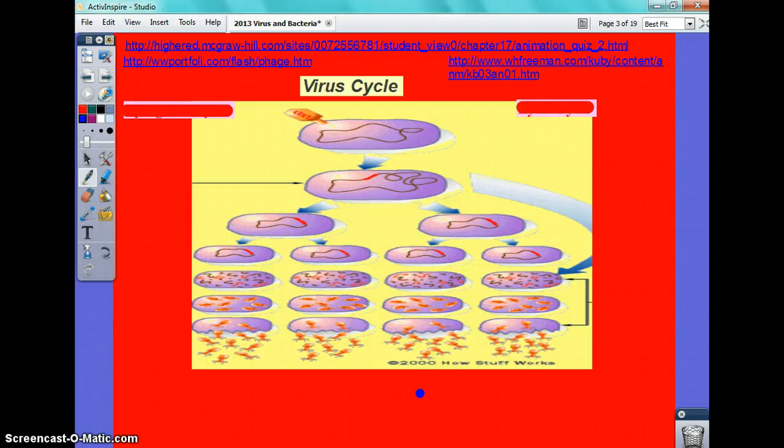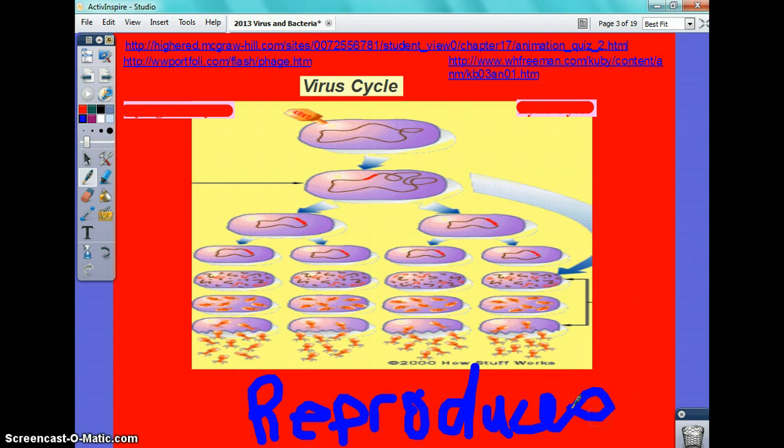If I mention virus cycle, who can tell me what I'm referencing? Virus reproduction. So how a virus reproduces? And it reproduces 2 ways. Anybody know the names? Perfect. Lytic and lysogenic. One is kind of like a dormant reproductive stage, and a virus can be in that stage for its entire existence. I wouldn't say life because it's not living. The other one is where the virus is actually going to cause more damage.